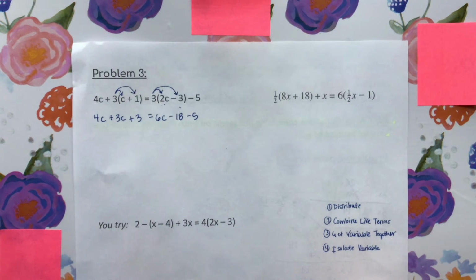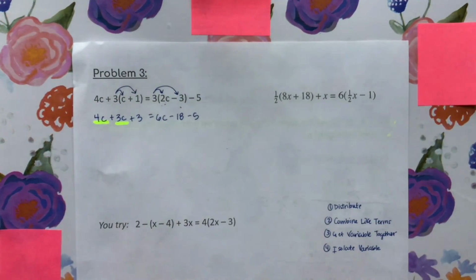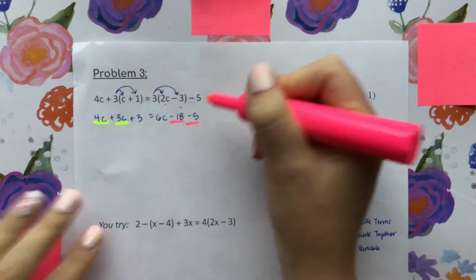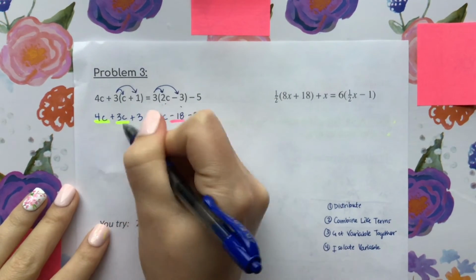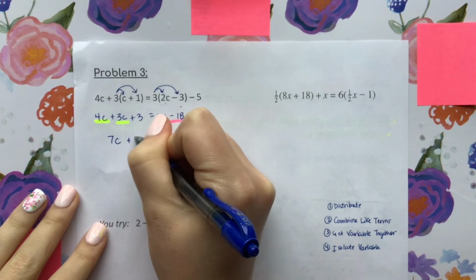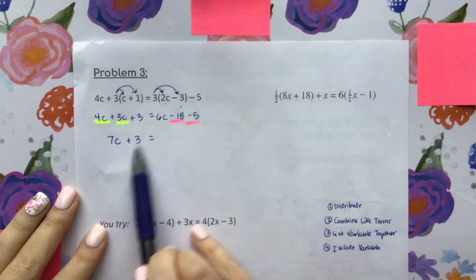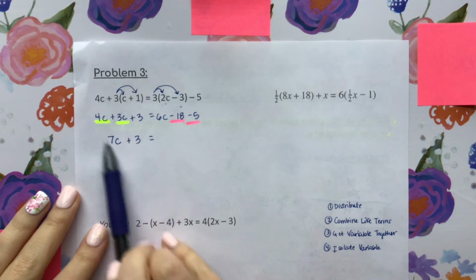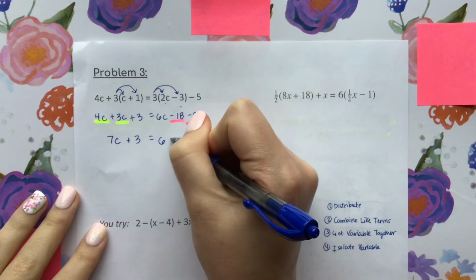All right. Now it's time for me to combine like terms. I'm going to look for like terms on both sides of the equation. Notice how I have a c and a c on the left side. And on the right side, I have plain numbers that I can combine. So this is going to become 4 plus 3 is 7c plus 3 is equal to. I cannot combine this 3 with these guys yet because they're not on the same side of the equal sign. So I have to keep what's on the left side with the left side and what's on the right side with the right side. Now I'm at is equal to 6c